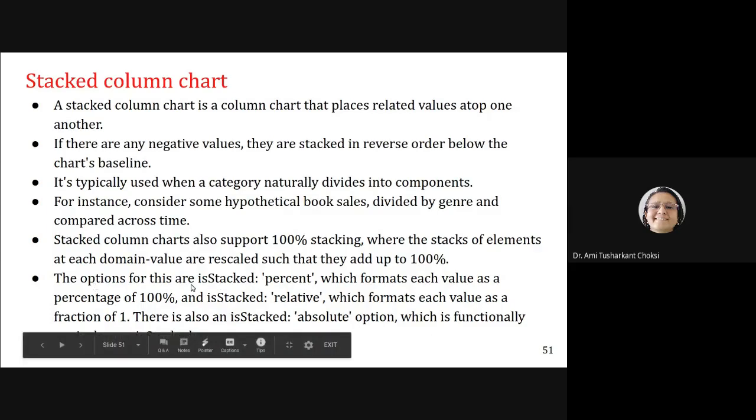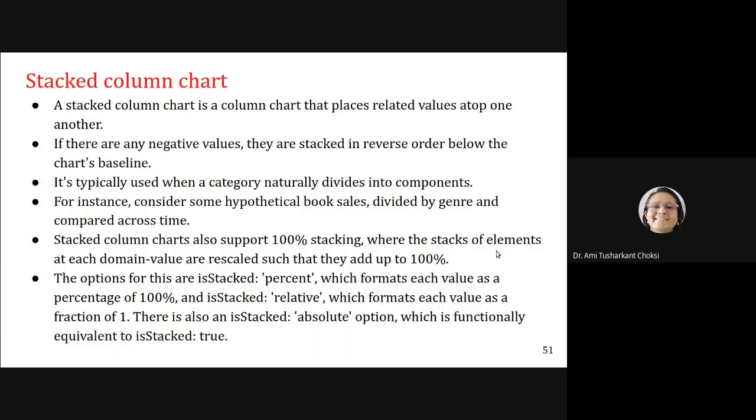The options for this are isStacked percent, which formats each value as a percentage of 100; isStacked relative, which formats each value as a fraction of 1; and there is also an isStacked absolute option, which is functionally equivalent to isStacked true, right?